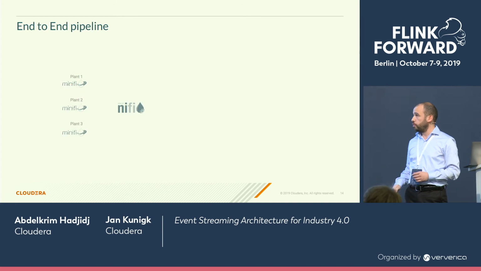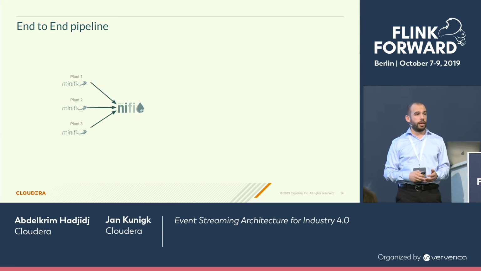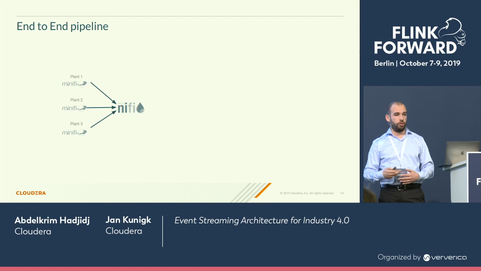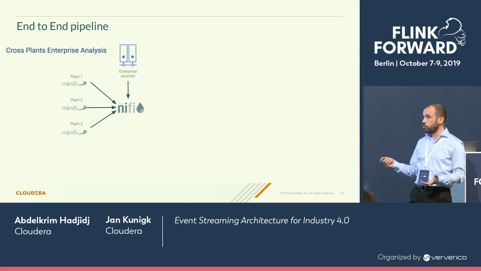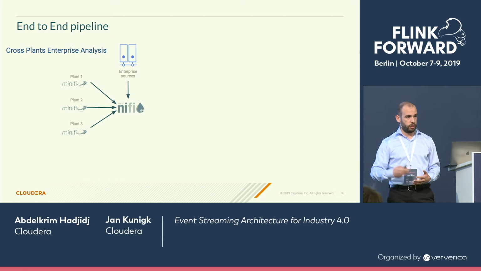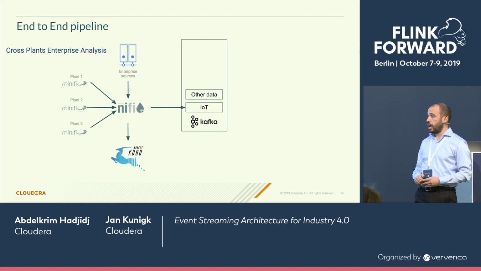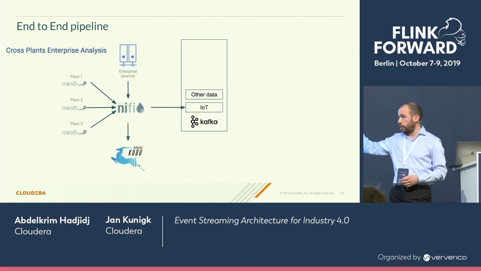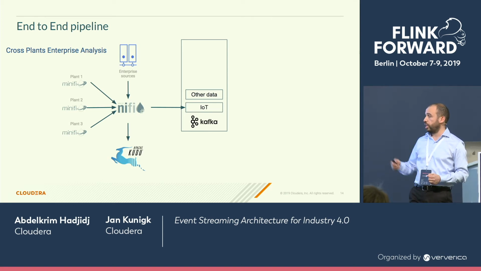So in terms of workflow, it looks like this. We have my MinIFI agents deployed in different plants. They will be sending data directly into NiFi. I can do some ETL, like transforming the JSON into Avro before pushing it to Kafka. But we also need some other sources. So this is an opportunity for us to bring any ERP, CRM, or maintenance systems data into our architecture. And then we will have mainly two destinations. The first one is long-term storage. And for real-time processing, we'll push it to Kafka in, let's say, an IoT topic and some other topics.